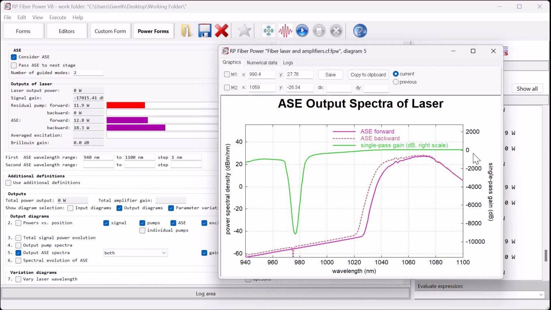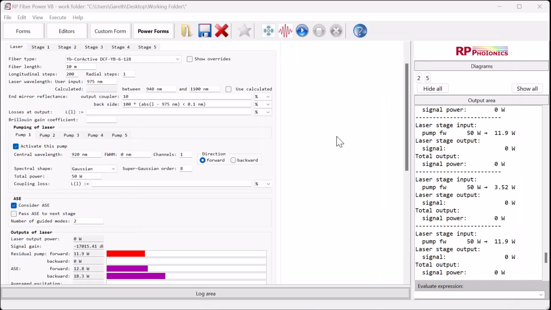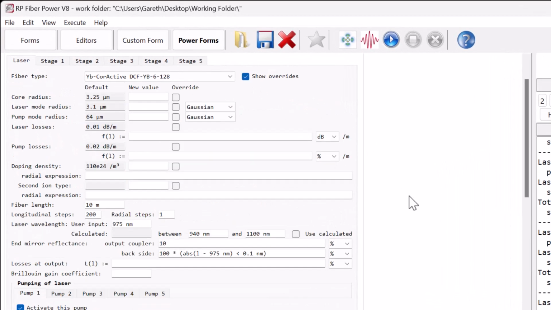One way to fix that serious problem is to modify the distribution of ytterbium ions in the core. We place the ytterbium dopant only in a ring, where the signal intensity is smaller, and not in the center. As a result, we can have a higher ytterbium excitation, which favors gain at 975 nanometers over that at longer wavelengths. In the form, we activate the Show Override section, where we can customize the specifications of the standard fiber